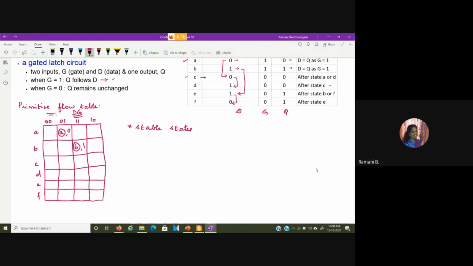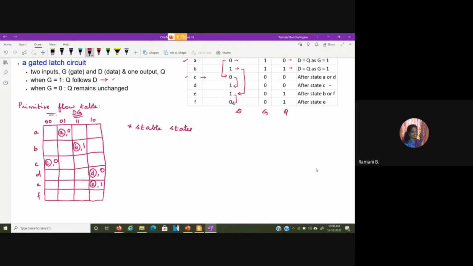Then for C, it is 0, 0, and output is 0. Then for D, it is 1, 0, and output is 0. So this is D and output is 0. Then for E, you have the same input conditions. However, the output is 1 over here. So E and the output is 1.